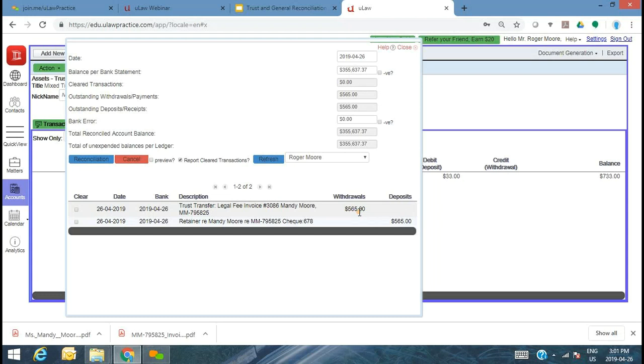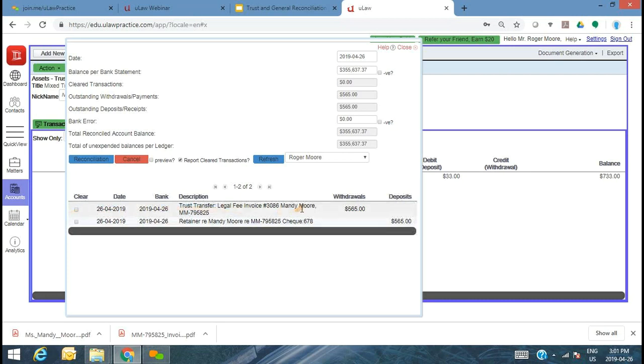But here's the true transaction. So technically, if these are the only two transactions that you dealt with in April, those are the only two transactions that you should hopefully see in the bank. If you see more, then you've got to adjust in the bookkeeping system. If you see less, you got to check your drawer for any outstanding deposits.